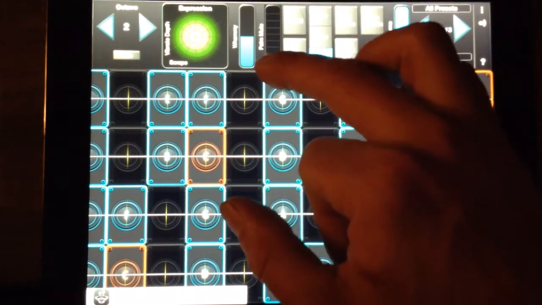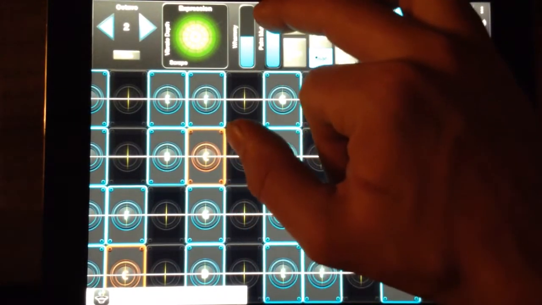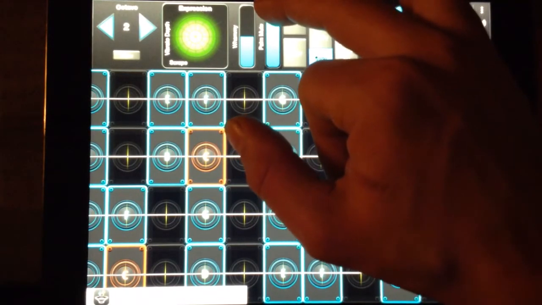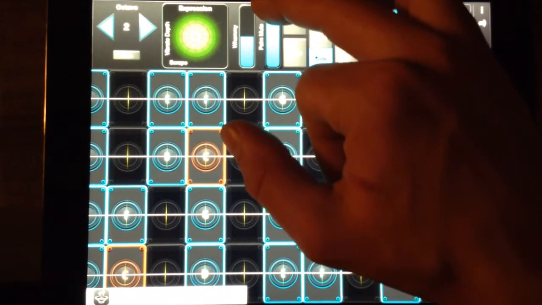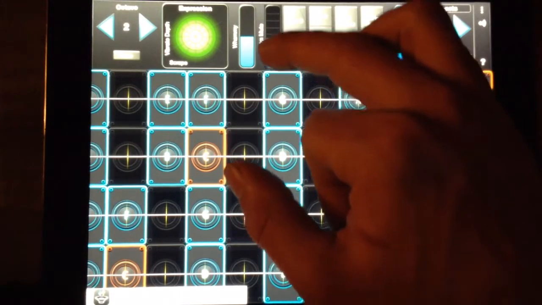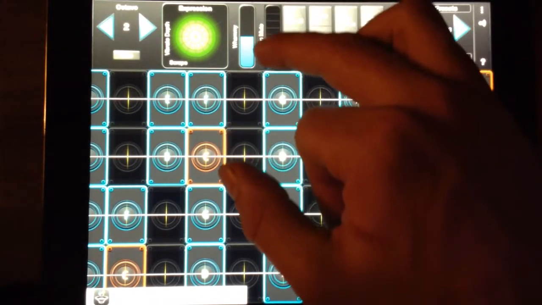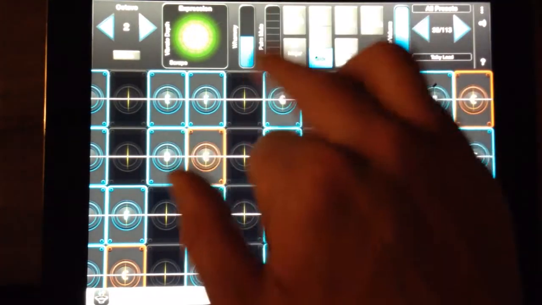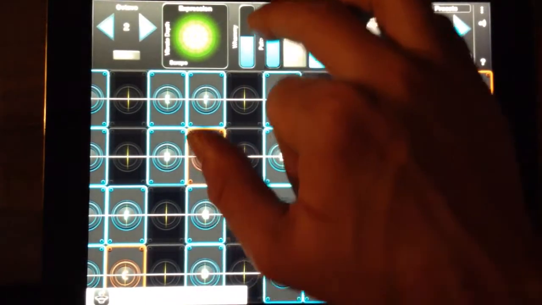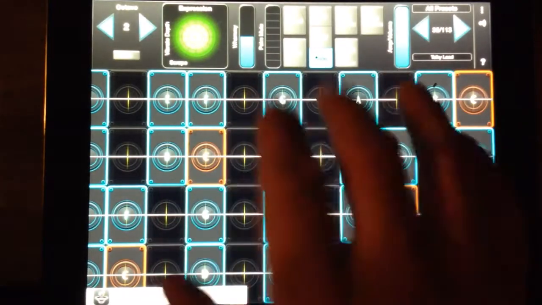At the very bottom is completely muted, and at the top is completely open with no muting. So you can choose how muted you want to be, just like you can in real life, which is really cool. The only thing I don't like about this is it's way too small,